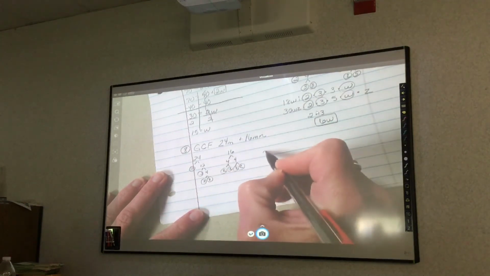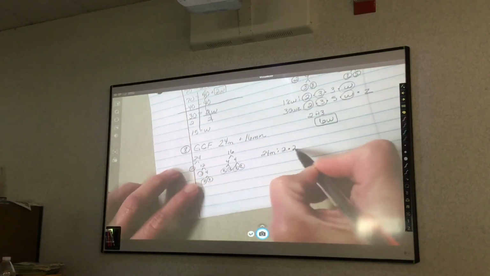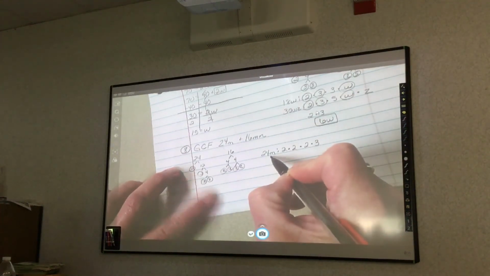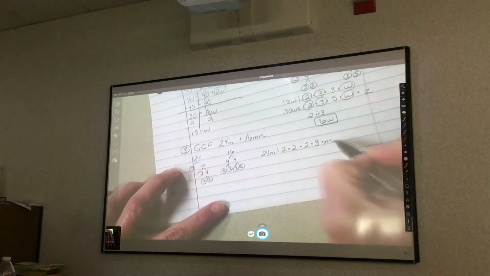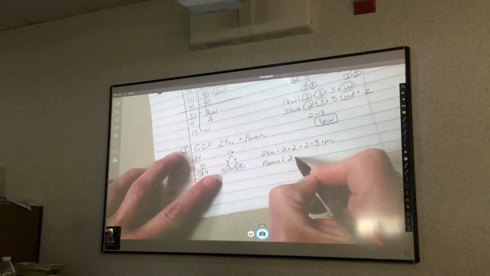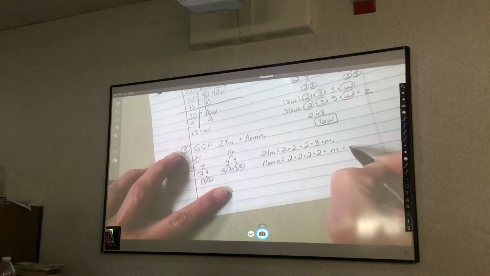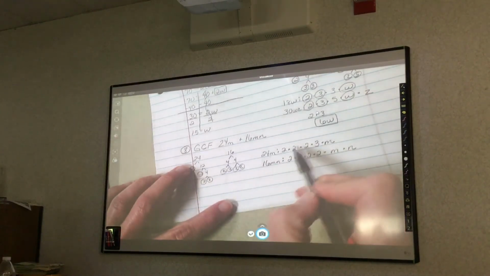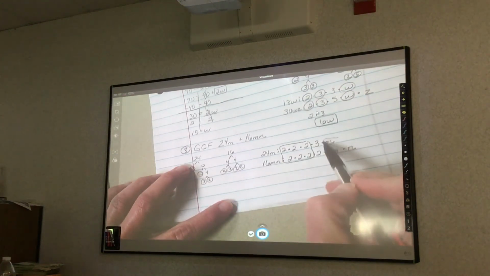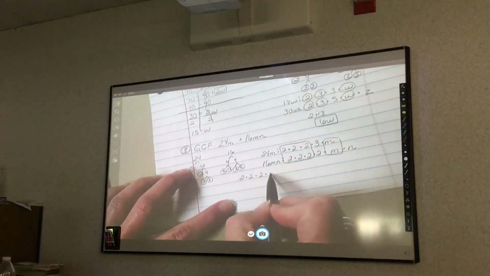So then I'm going to start with 24M. Put a colon. It's 2 times 2 times 2 times 3 times M. Then 16MN is 2 times 2 times 2 times 2 times M times N. It needs both of those. So we have the 2 times 2 times 2 together and the M's. Now if you would write it, you'd write 2 times 2 times 2 times M, but